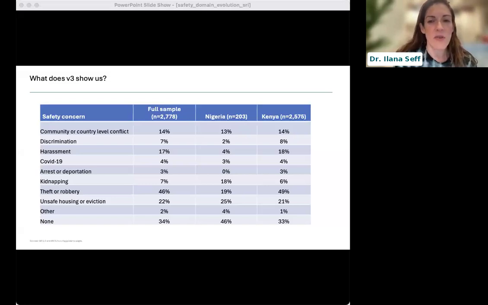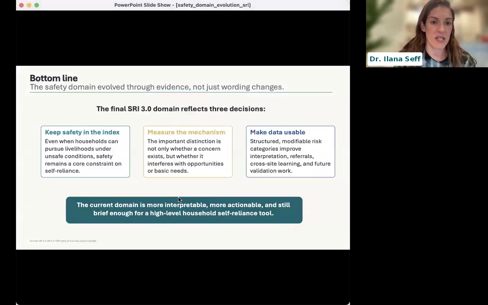And about 13 to 14% of households in both countries reported experiencing community or country level conflict in the last 3 months. And then among those who reported at least one safety concern for their household, about half reported that it interfered with basic needs, and half reported that it didn't. So we're still unpacking the data that we're receiving from partner organizations, and hope to really be able to say more about these different safety concerns. But overall, just in summary,